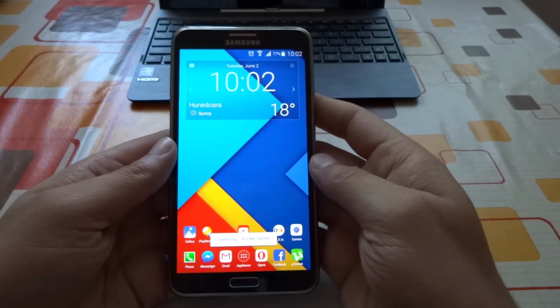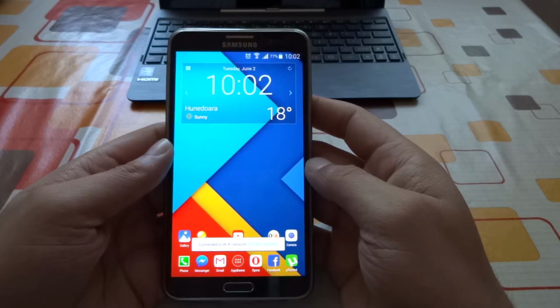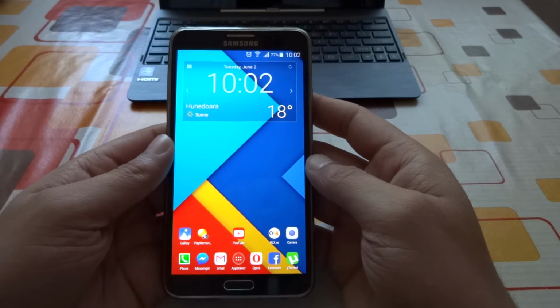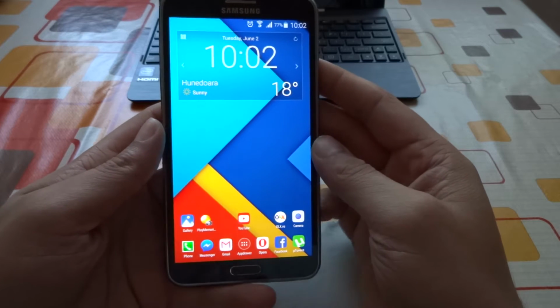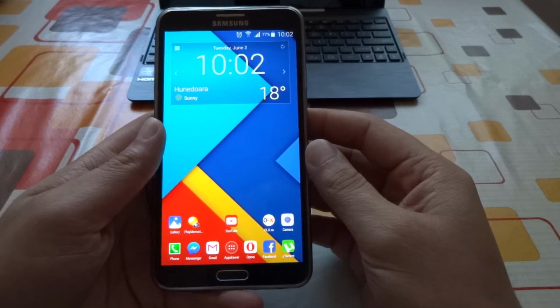And today we're gonna talk about the Samsung Galaxy Note 3 running on Android 5.0 Lollipop, the official update. It's been a long while since I've been using this device, testing it a lot, and right from the beginning